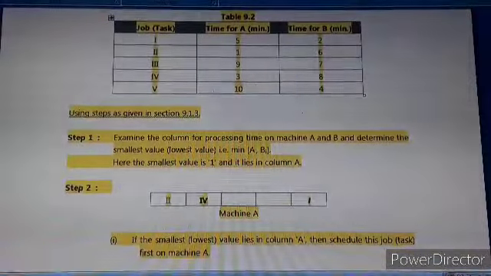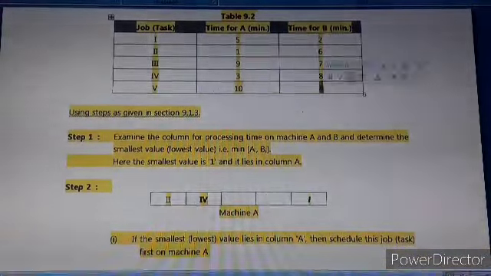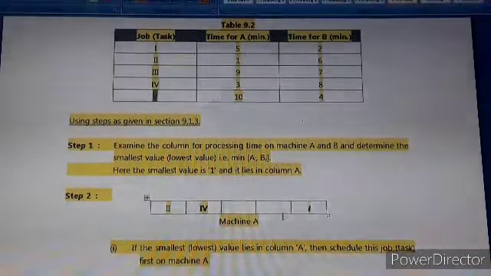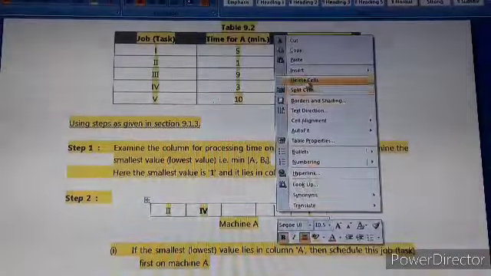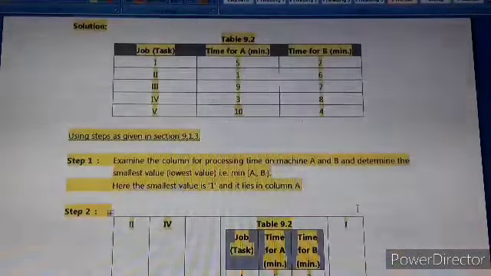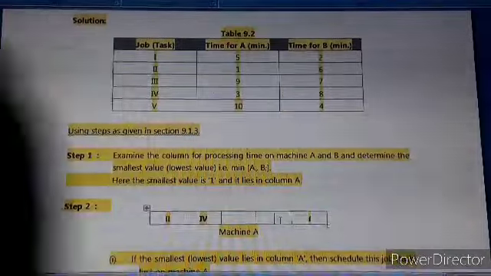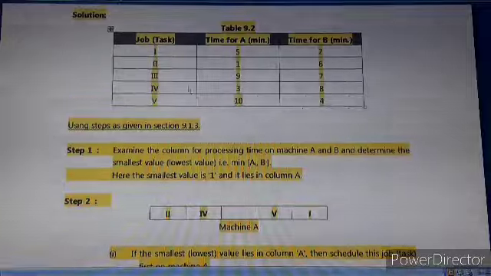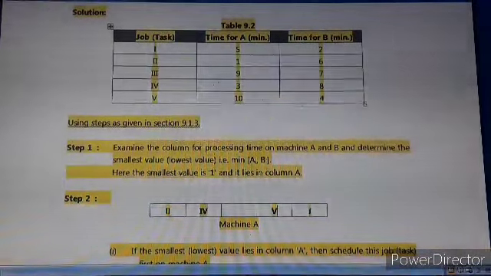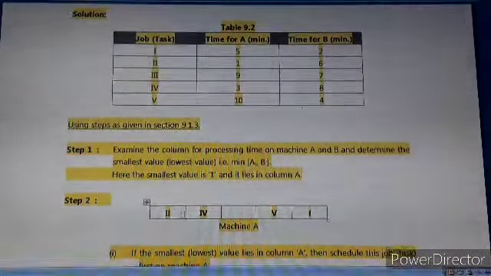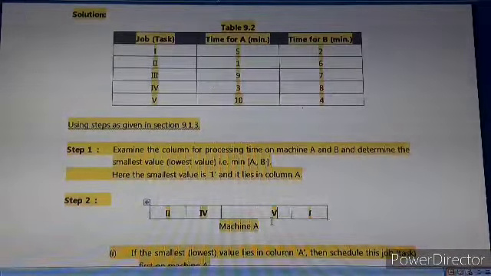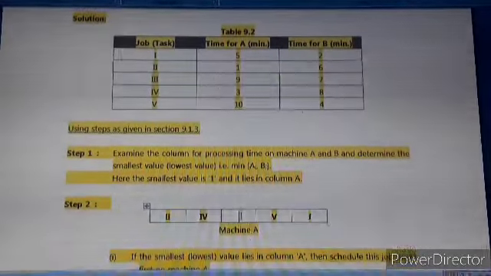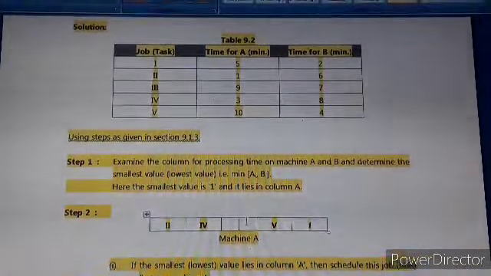Then after 3, the next smallest value is 4, it is in column 2, that's why we have to assign this job 5 last on machine 1. As soon as we assign a job, accordingly we have to score off all the rows. Now we have assigned job 2, job 4, job 1 and job 5. Only one job is remaining, that is job 3, and one cell is remaining. So that's why we'll assign job 3 here.